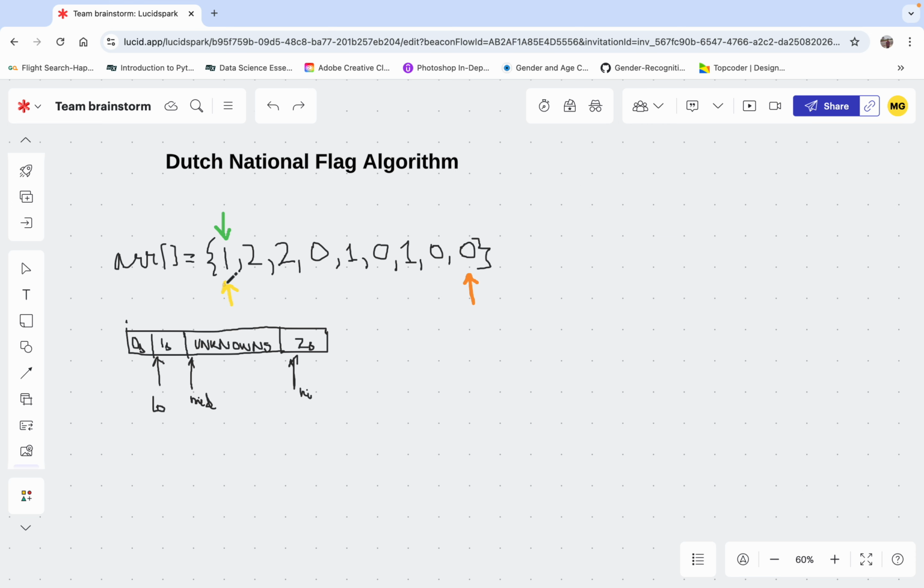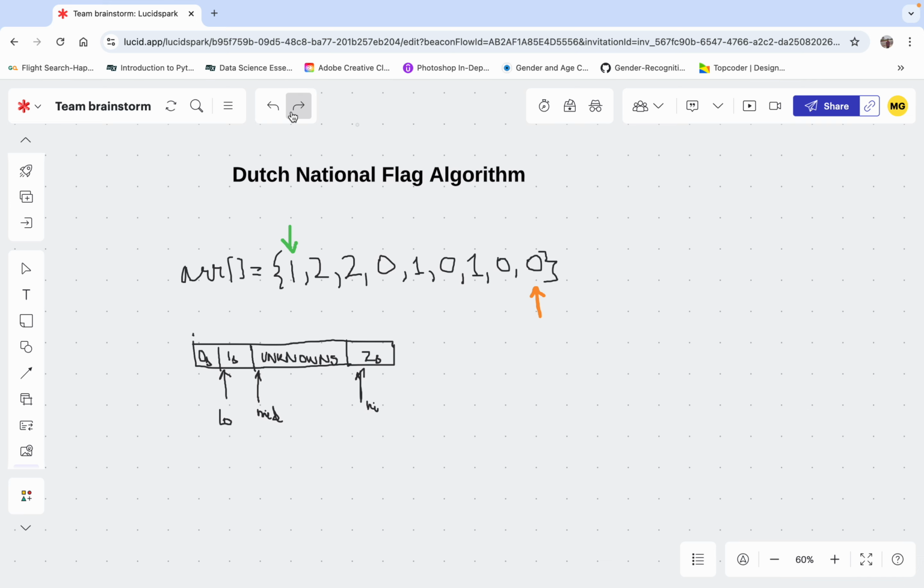So let's see the working of this. If we compare array mid with every element, so array mid is 1. If it is 1, we simply increment the mid pointer. So here the mid pointer goes here. Now the array mid is equal to 2. At this point we swap it with array high. So array high is swapped with array mid. So 0 comes here and 2 comes there, and then we decrement the high pointer,